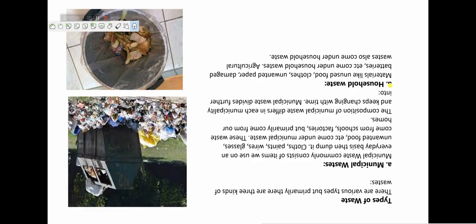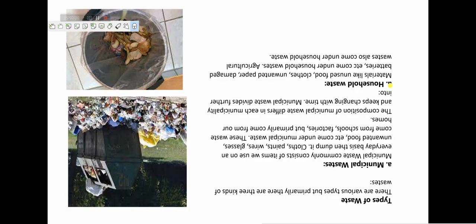Municipal waste commonly consists of items we use on an everyday basis, then dump, right? So we are using some items every day, and we dump them somewhere, like clothes, pants, wires, glasses, unwanted food, etc. These come under the municipal waste. And in the society there will be a big dustbin where we put all these regular wastes,